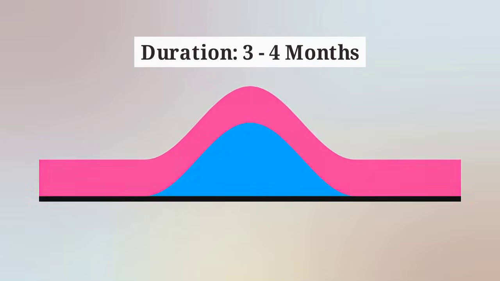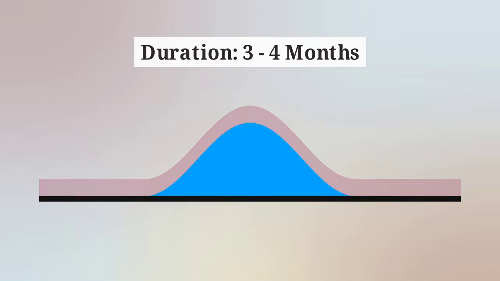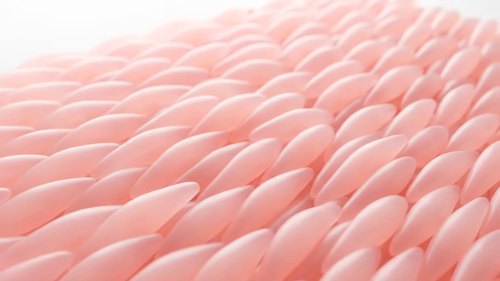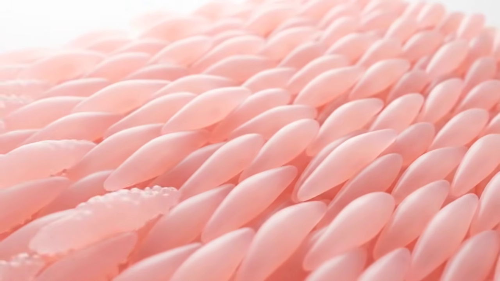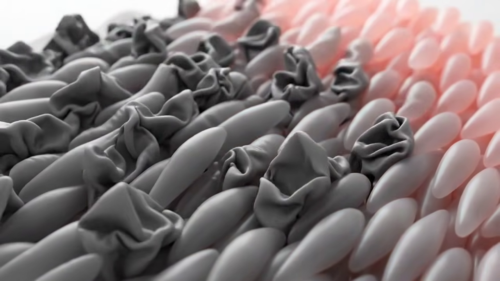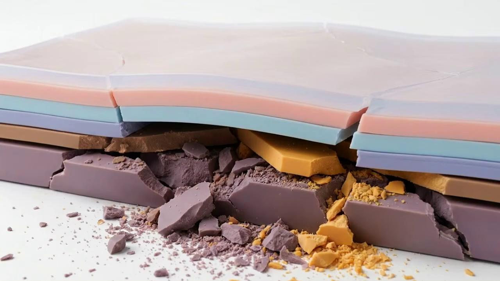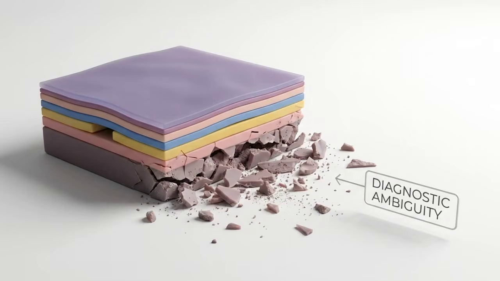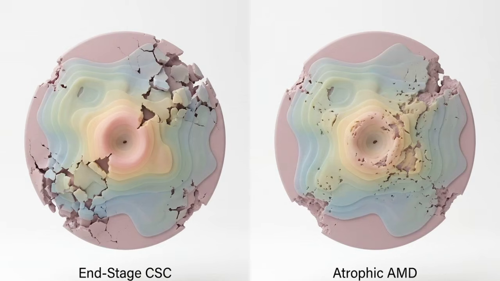If that subretinal fluid persists for 3 to 4 months, it starves the outer retina of necessary nutrients and physical contact. This extended detachment causes severe photoreceptor outer segment wasting and a complete loss of the RPE's structural integrity. Eventually, this results in RPE atrophy. Clinically, this end-stage atrophy looks virtually identical to atrophic AMD, creating a dangerous diagnostic trap if the patient's history is